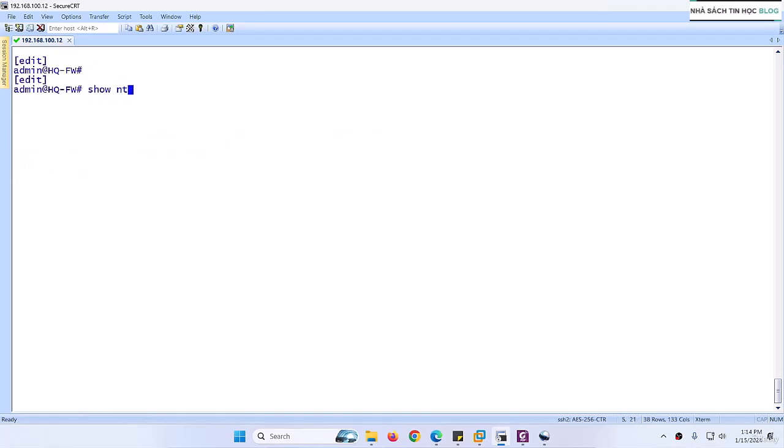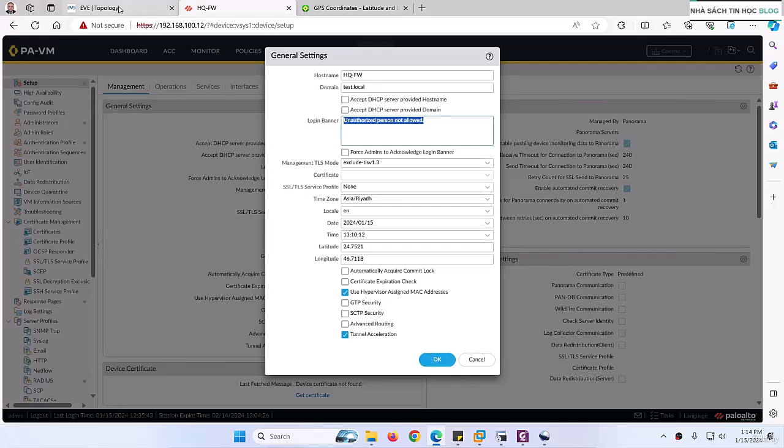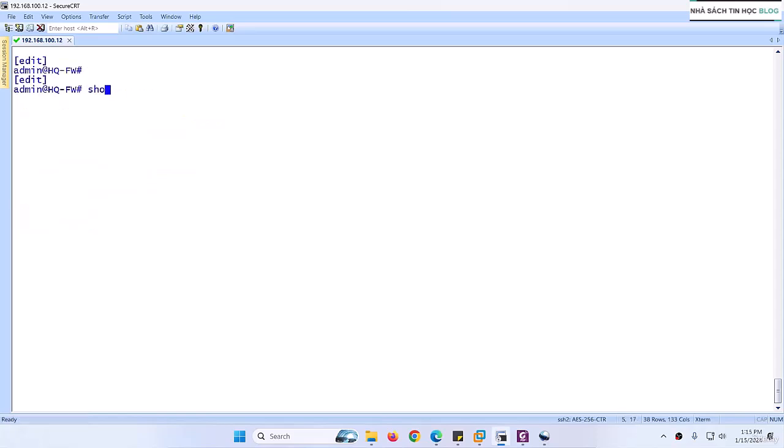Now how to verify? Show NTP, sorry, because you are in this mode, so run show NTP, okay, it will show you. Either you need to go to the operational mode to type the command directly. So here, it's been rejected, the first one, because the server is down right now, and the other one is also reachable. Yes, reachable and rejected, but it's okay. Similarly, show clock,